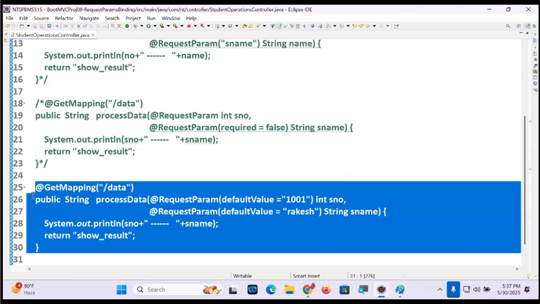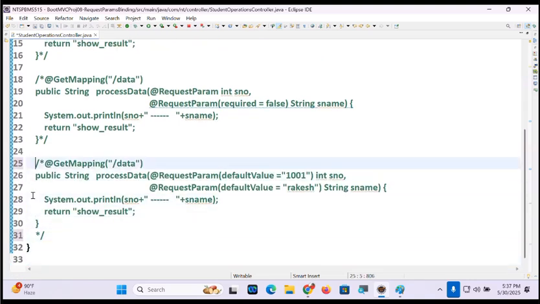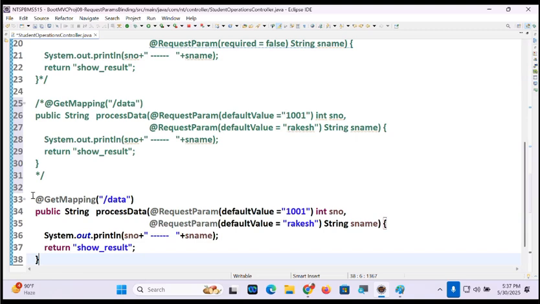Same thing. You comment them out. Copy now. Say paste. Here you don't take the default value. You just take required is equal to false. Required is equal to false.